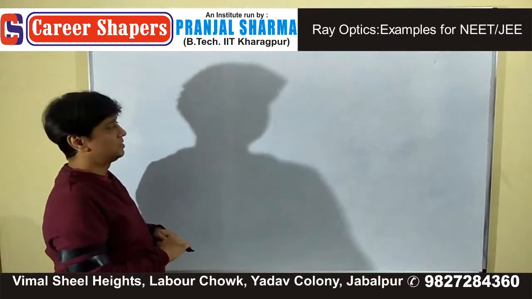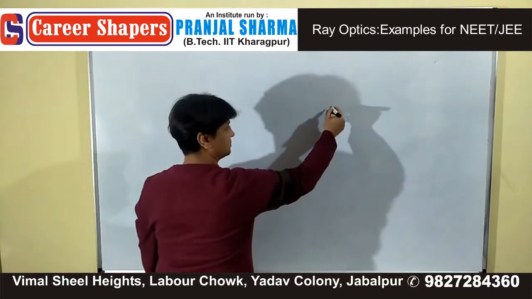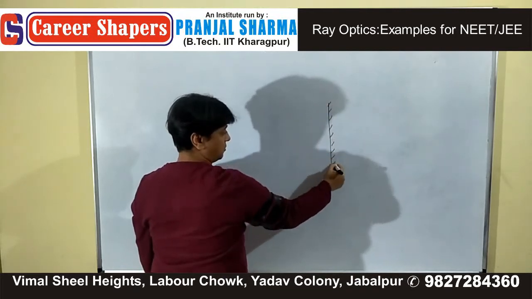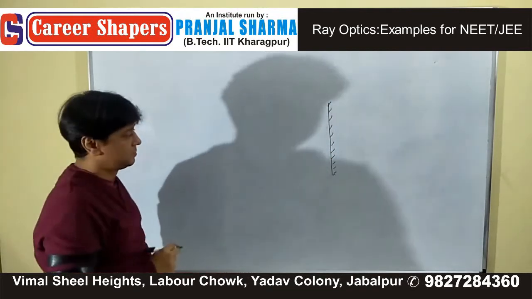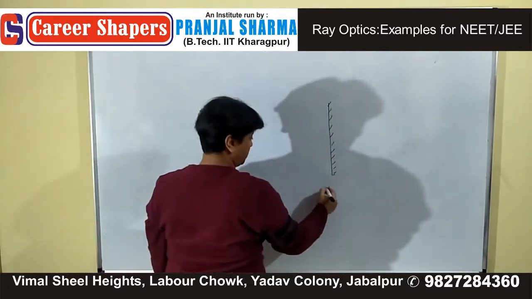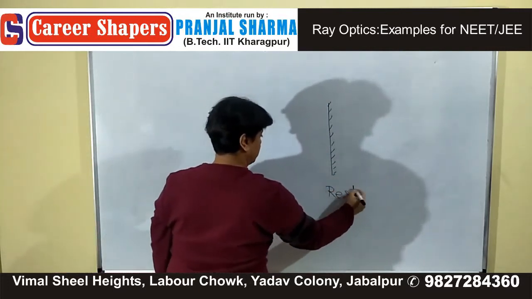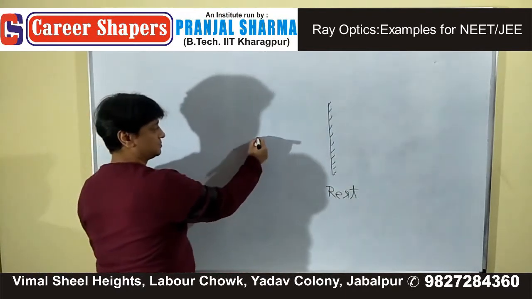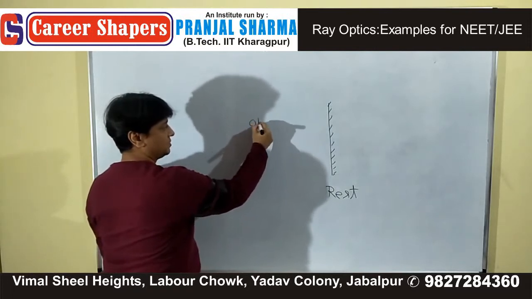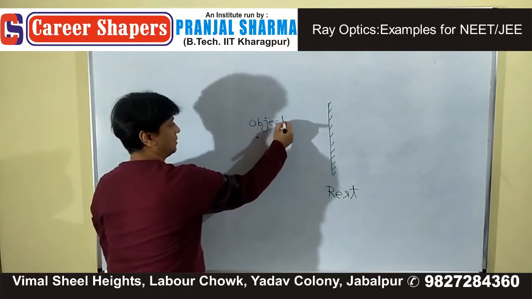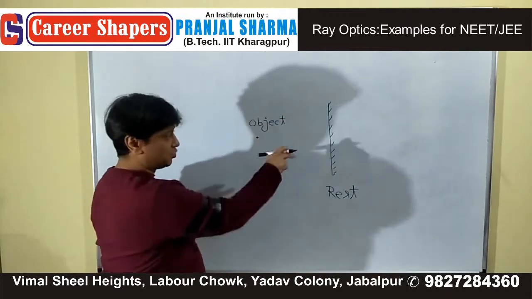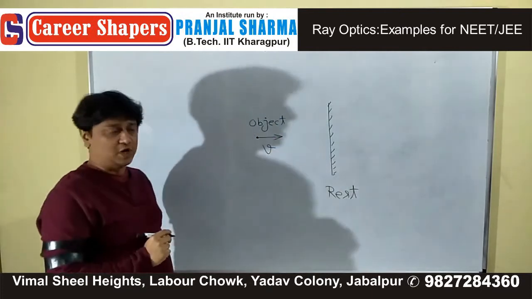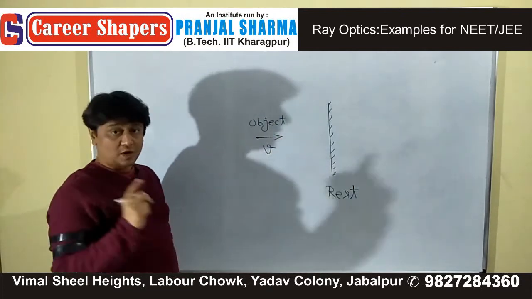Let's see some examples on plane mirrors. We have a plane mirror, and this plane mirror is at rest. In front of this plane mirror, we have an object, and this object is moving towards the mirror with velocity v. Now the question is,